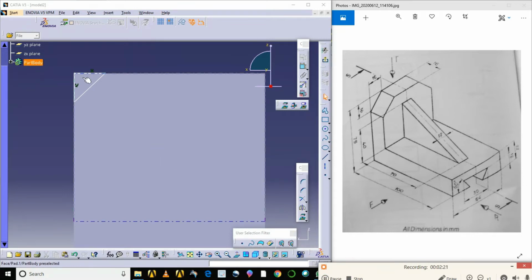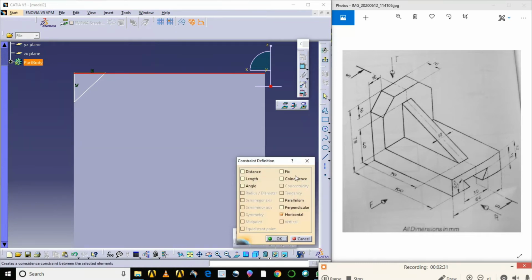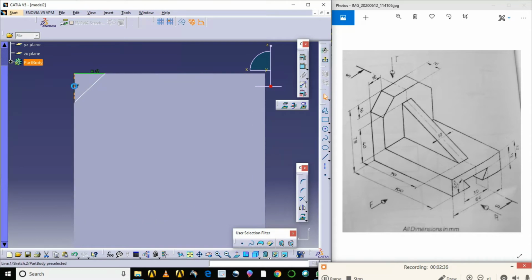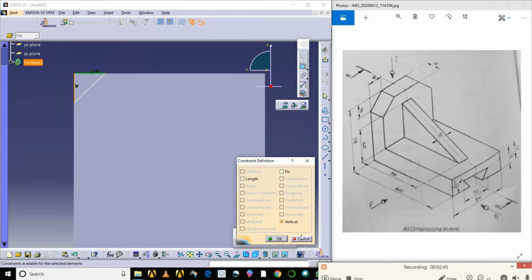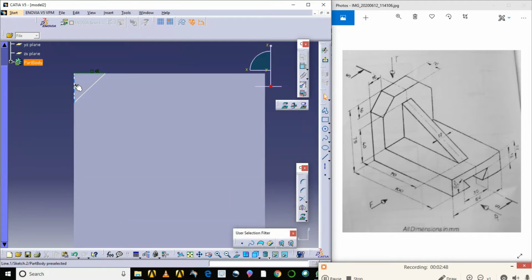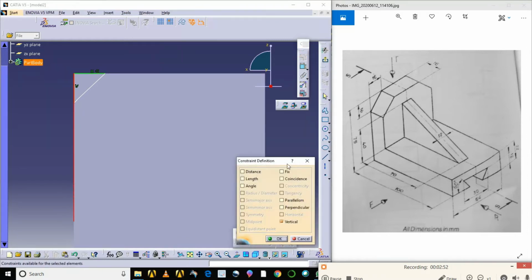Now I'll try to give the constraints here. This line should coincide on this line, so I'll use this coincident. Similarly, this line should coincide with this line. So you select this, and this line should coincide. So select this.